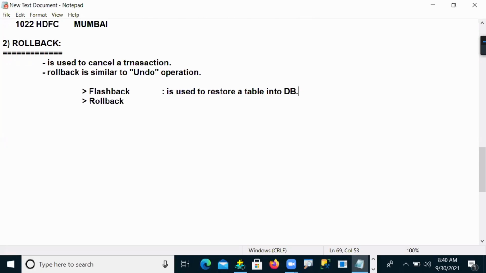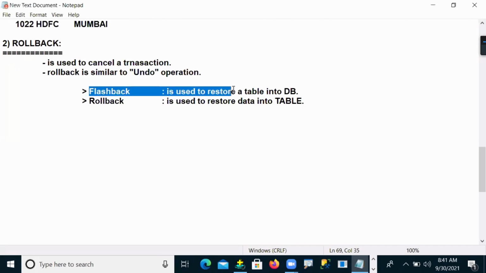Flashback is used for restoring a table into the database.